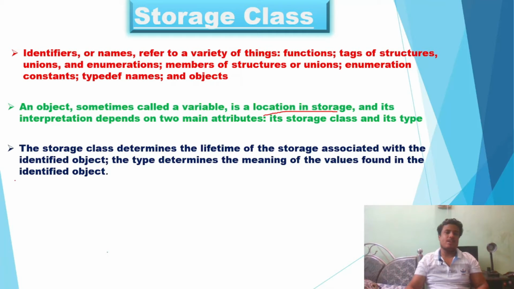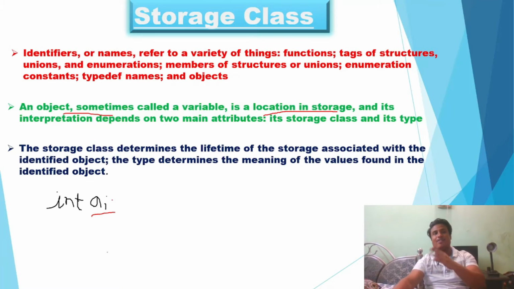So what is lifetime? It is associated with the identifier object. Whatever variable we declare, suppose we declare int a, so int a here is an identifier object. A variable name is also called an object, as you have seen. Remember, in C perspective, object is sometimes called a variable. Object means something different in C++ and Java, and I'm not going into that.